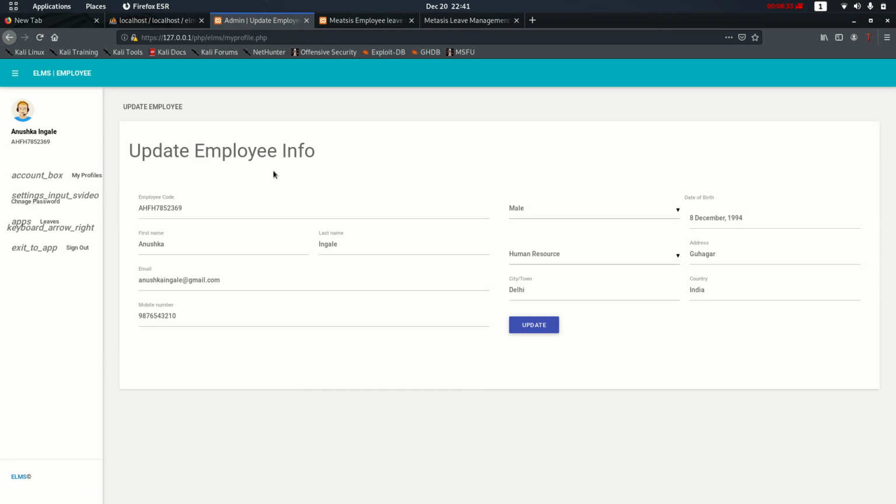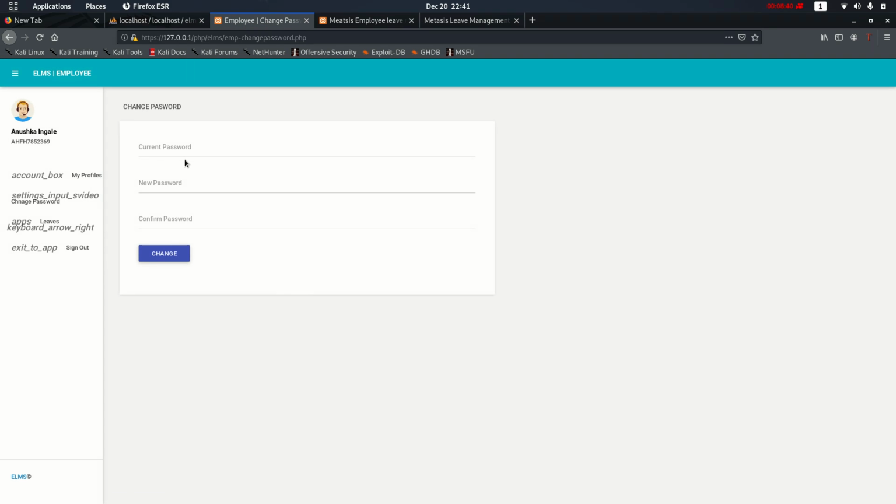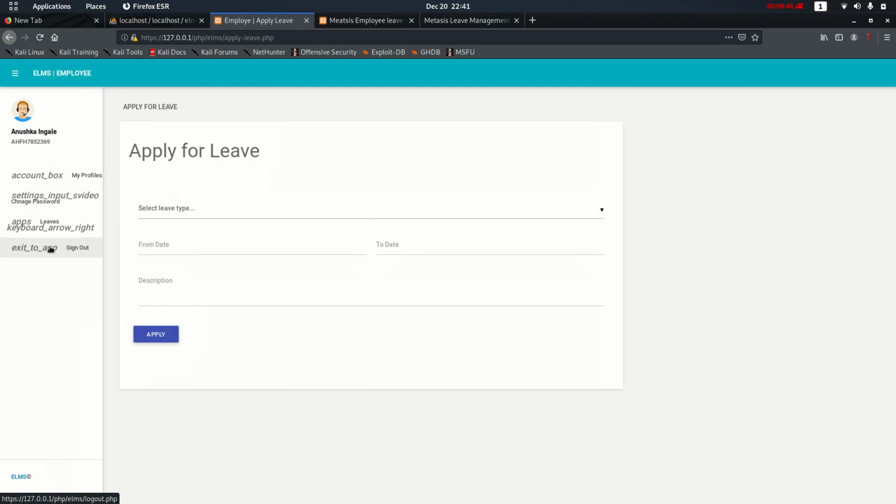In my profile section, the employee can update his or her information. In the change password section, he can change the current password to any new password. In the leave section, the main objective of the application is achieved, where the user can apply for the leave.